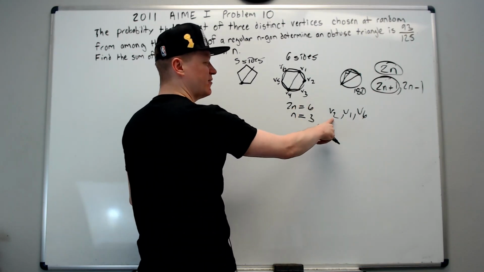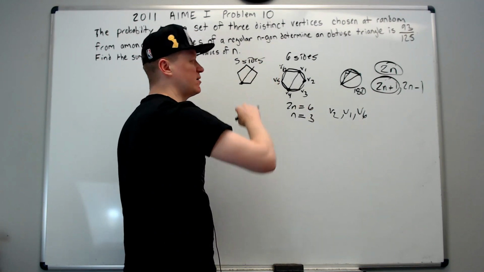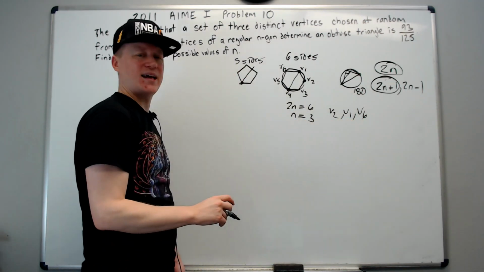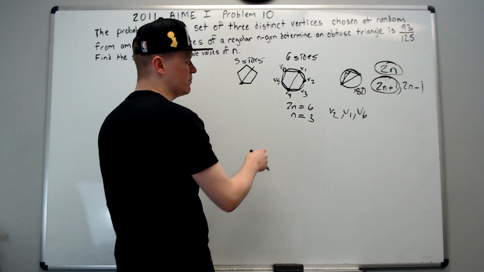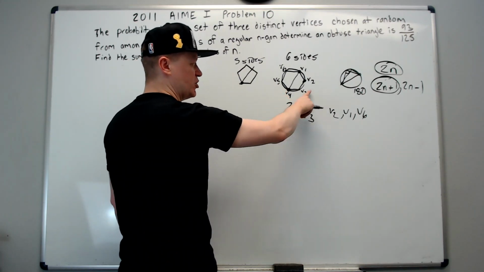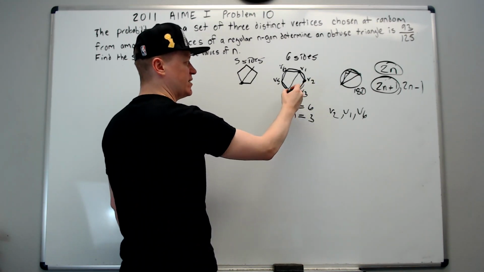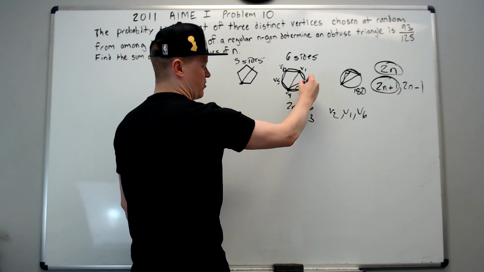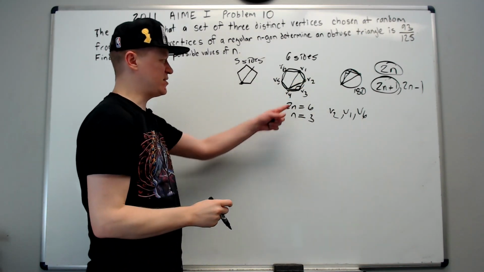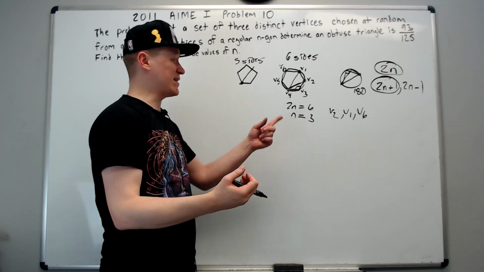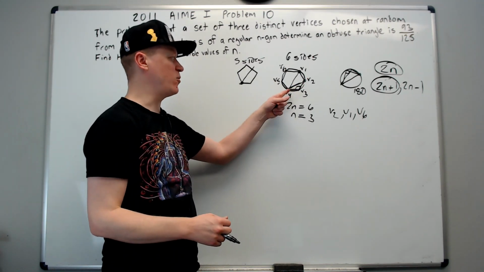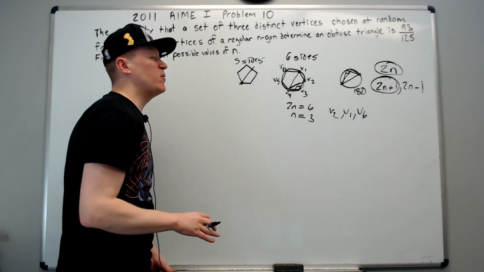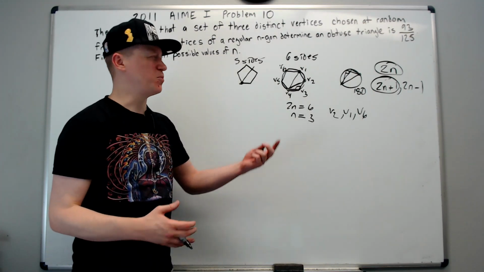So if I consider V2 the leftmost point going counterclockwise around, my other 2 points to choose from are V1 and V6. Similarly for V4, my 2 points I can choose from are V3 and V2. And sure enough, if I made this the triangle right here, V4, V3, V2, that would be obtuse. In fact, that's the only obtuse triangle you can make with the hexagon, with V4 being the leftmost point. But we want to think about how can we turn this into probability, right?